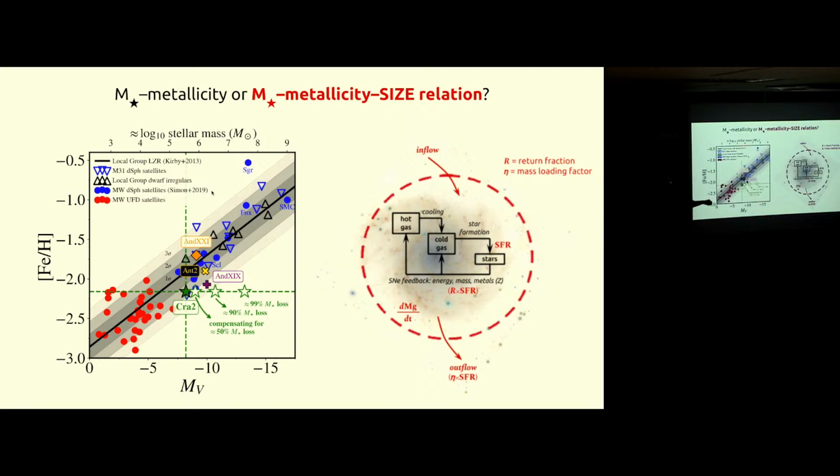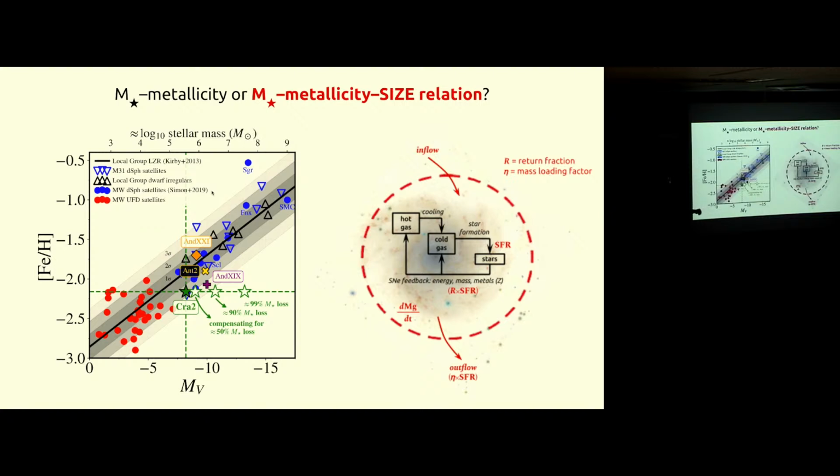And then you have all your star formation happening, and out of your star formation, you have some supernovae that are exploding. Some of the metals that are produced go back into the cycle. They are retained within the galaxy, and this is what is shown in this term right here, this R times the star formation rate. This R is the return fraction of gas into the system. This we learn in chemical evolution. And then you have some fraction of gas that is expelled out of the system in the form of supernova outflows. The amount of gas that is expelled is really controlled by this term right here that we call the mass loading factor. And this is basically what controls this relation.